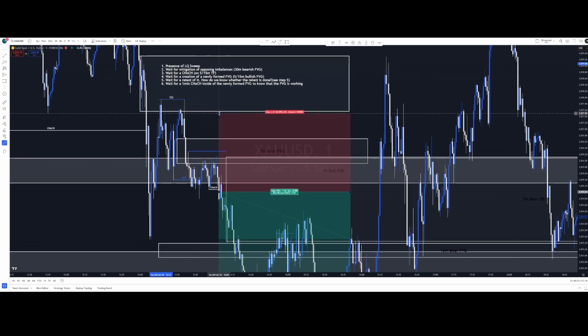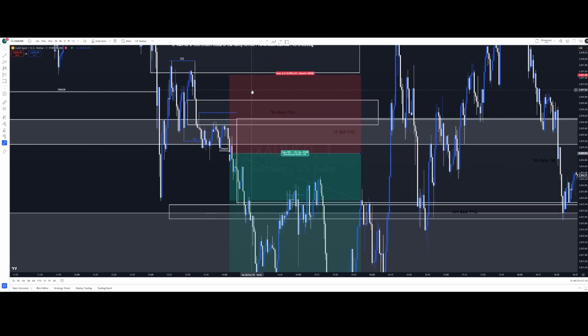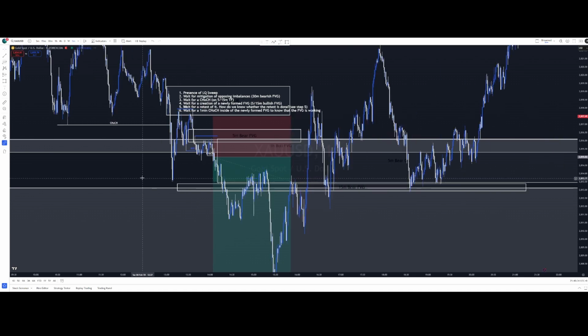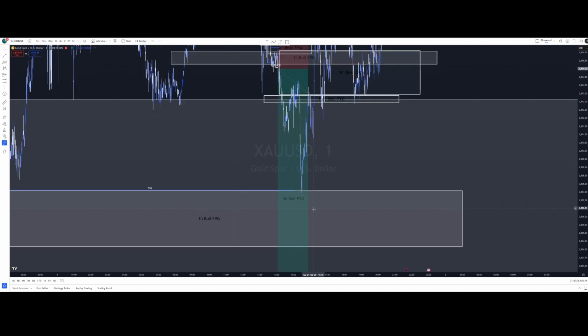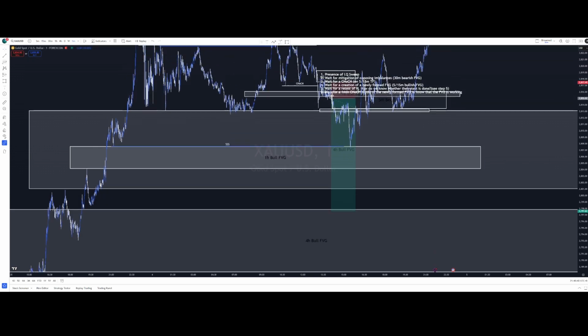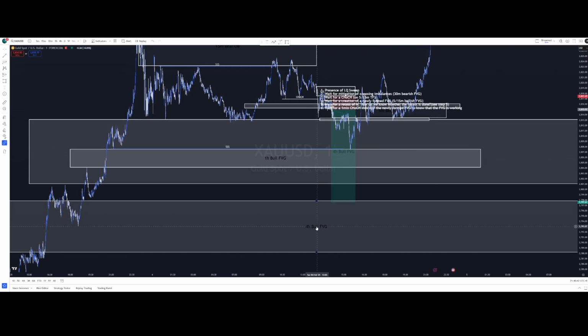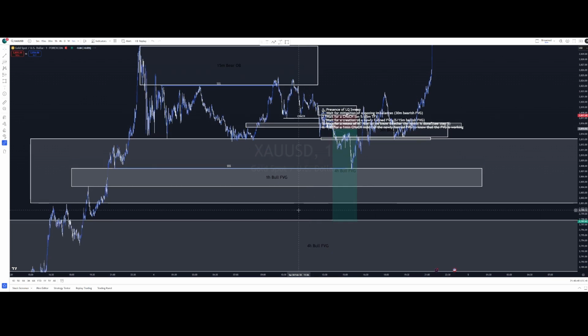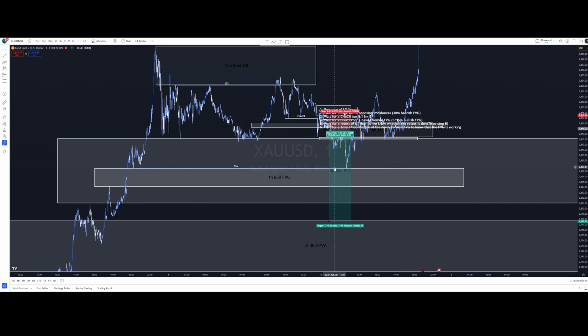I put my stops above the 5-minute bearish fair value gap, which was around 25 pips, and then I target this 4-hour bullish fair value gap. So I wanted price to hit all the way down to this 4-hour bullish fair value gap, the one that's residing below, as I thought the 4-hour bullish fair value gap above can act as a